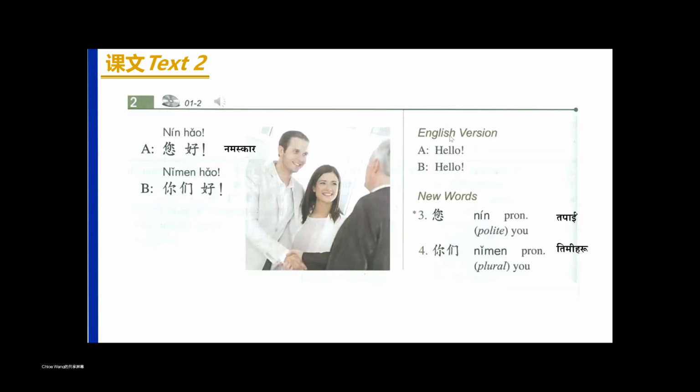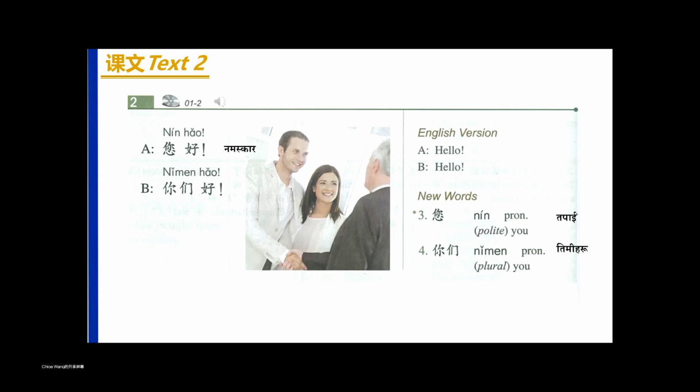You see, in this case, the English version it still gives hello. All of it are hello. But the new words explains here. 您 is you in a polite way. And 你们 is you in the plural form. Text 2. 您好, 你们好. New words.